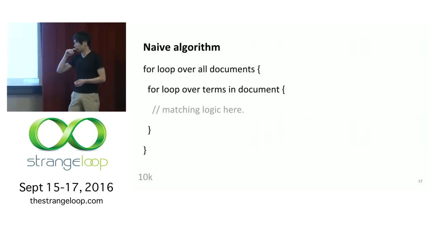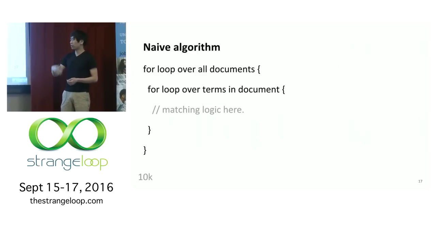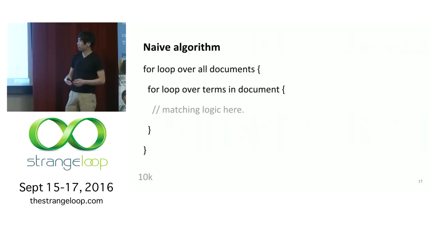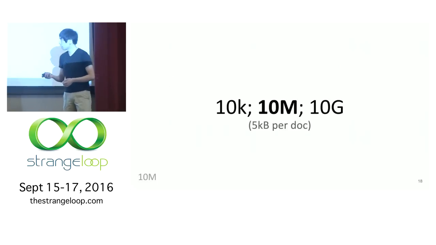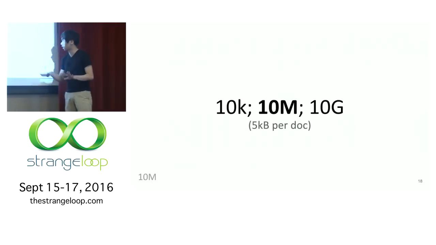Or if you want something more concrete, you can think about this as look at every single document you have, and for each document, look at every single term. And since we're handling AND queries, we just want to make sure that all the terms we care about are in the document. If it is, you add it to a queue of matches, and then you have your answer, right? So pretty straightforward. OK, so for 10,000 documents, we can basically just use grep, and that works fine.